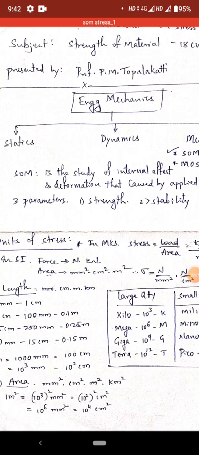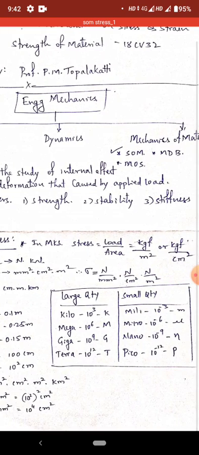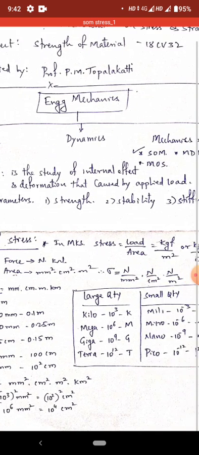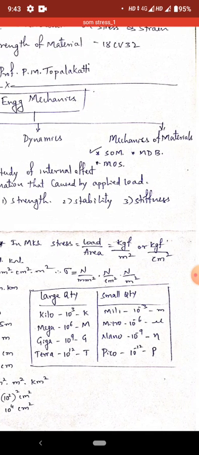Lecture number 2 is a continuation of the stress definition. According to the previous class, we are discussing engineering mechanics. Engineering mechanics is divided into 3 categories: statics, dynamics and mechanics of materials. Statics does not vary with time. Dynamics varies with time. And mechanics of materials deals with the behavior of the material and the properties of different materials. This subject is also known as strength of materials, mechanics of deformable bodies, that is MDB, and